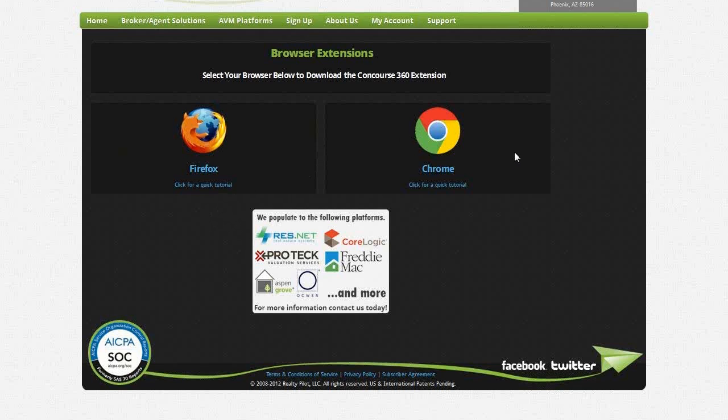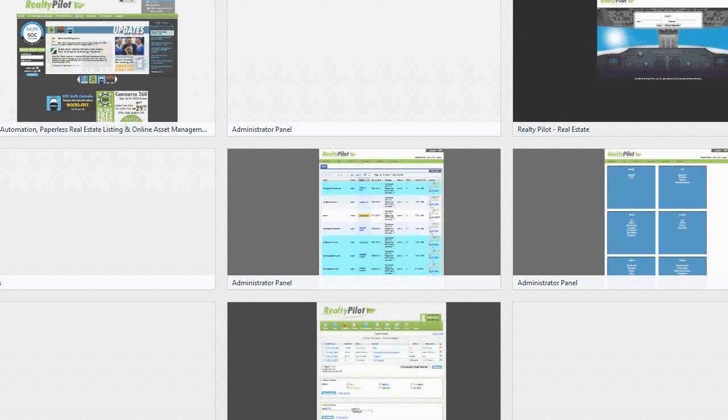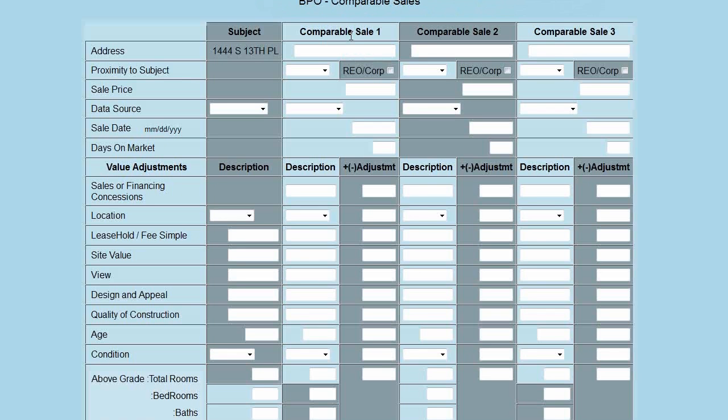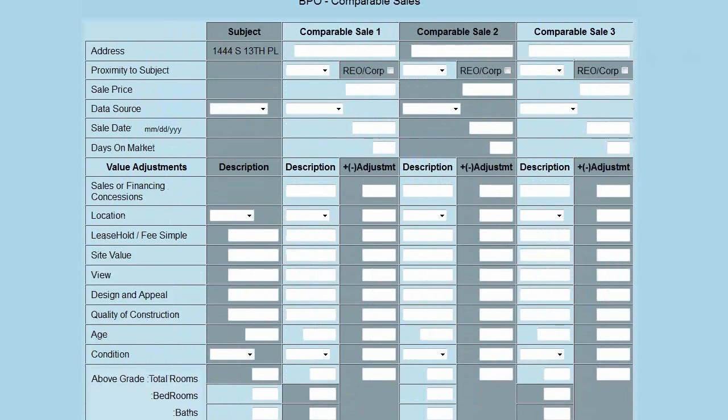So assuming that you've already downloaded and installed the browser extension, the next thing that you would do is navigate to your asset company's website. This is our sample asset company. Log into the asset site and navigate to the Open BPO form. Once you are on the Open BPO form on the asset site, you're going to go up to your Concourse 360 browser extension, click on it, sign in,